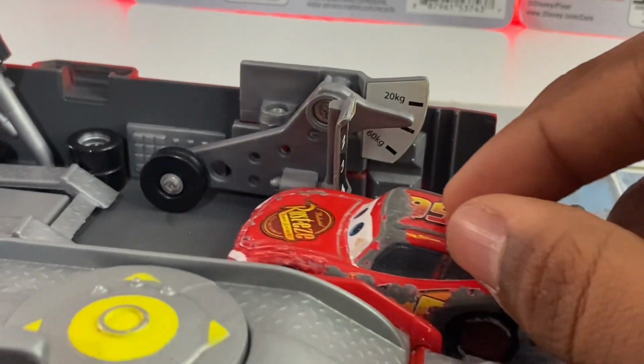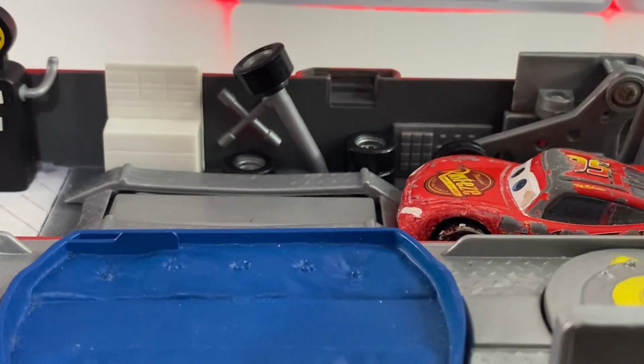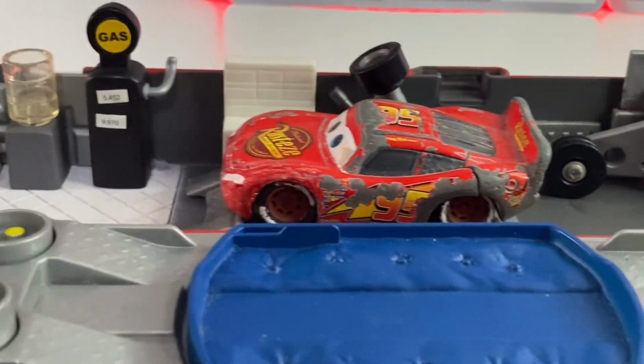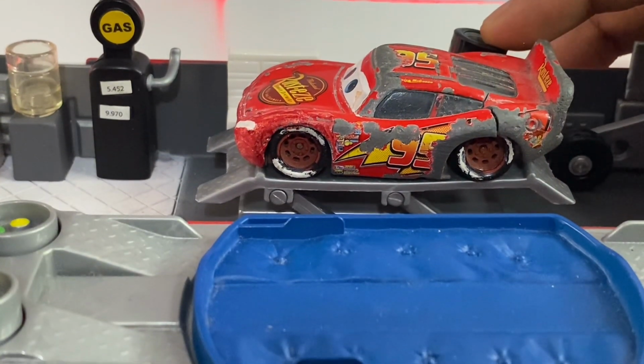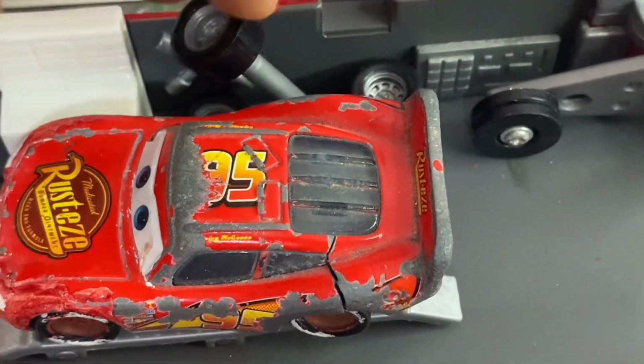Okay, now let's see what else we have in the front. So McQueen can kind of drive to this platform, and actually this works as a lift. See the spare tire here on the top? You just pull it back, and then the lift will go up. And there are a few nice details, like the tires on there. There are 3 tires laid on the ground, and the 4th one acts as a little,